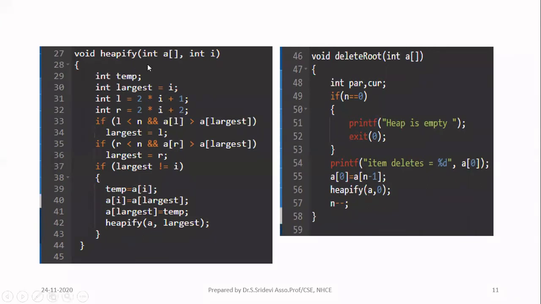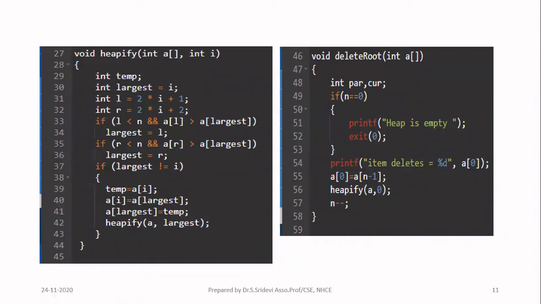In case of heapify, it is accepting two arguments. The first argument is the array which contains your elements, so declare the first argument as an array, and the second argument is an index only, so it is an integer value. This i is going to tell you the index of the root of the current subtree you are considering for heapifying, that is for adjusting the nodes. So first I am going to assume that this i contains the largest element. It may not have the largest value.